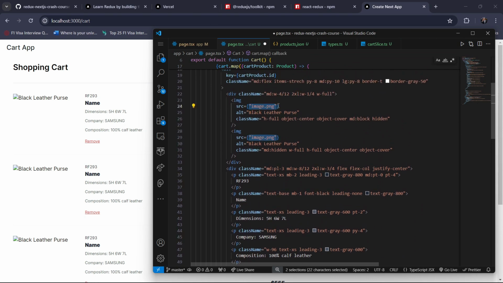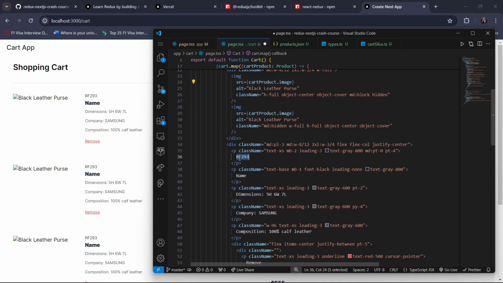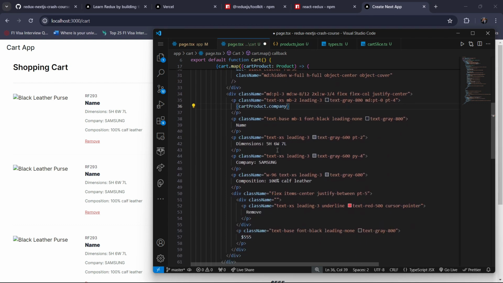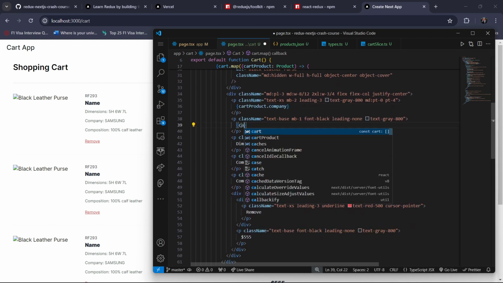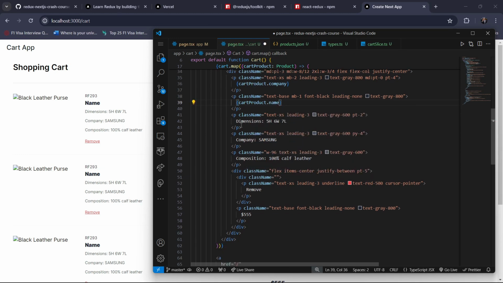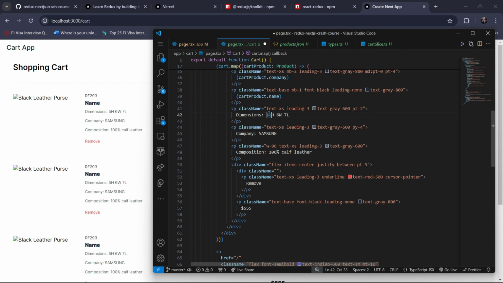So just write cart product dot image, and the first one is cart product dot company, and the second one is cart product dot name actually, and the dimensions will be cart product dot dimension dot height,